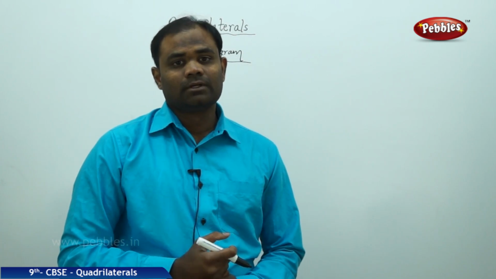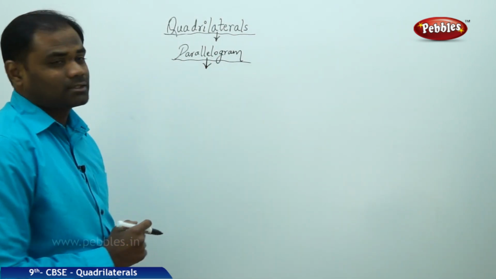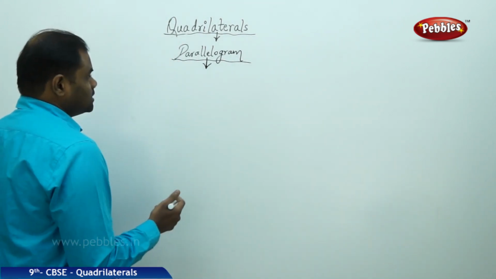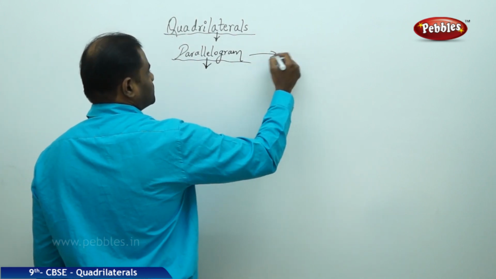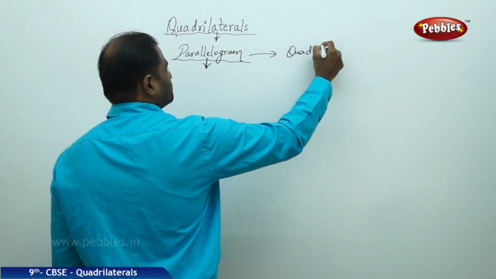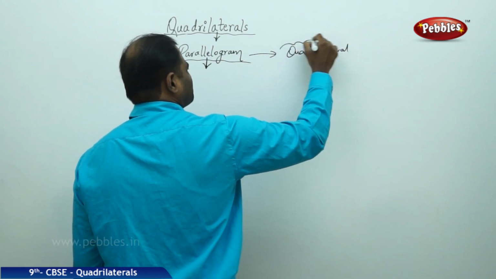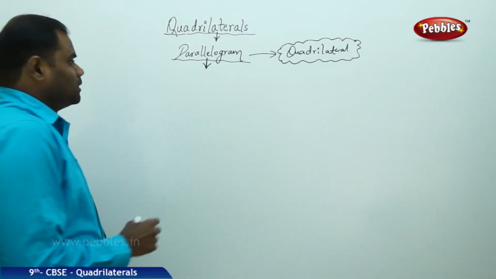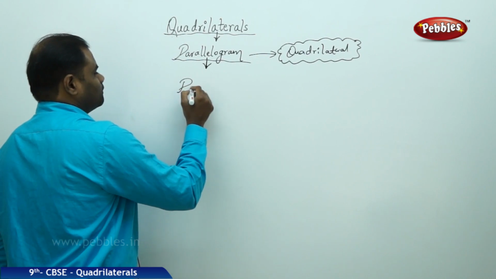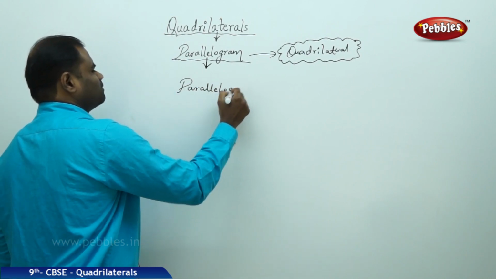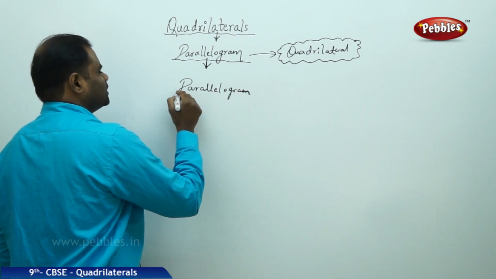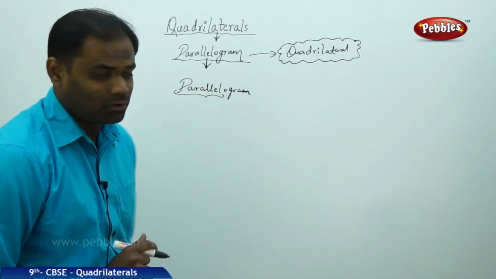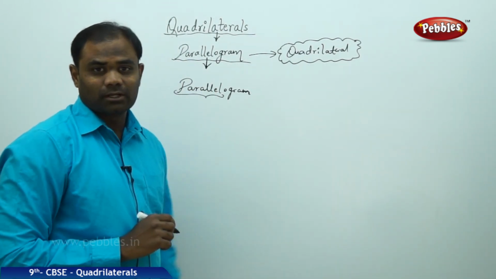Parallelogram. The word parallelogram itself says that it is a closed figure formed by parallel lines. So let's see the special case in terms of a quadrilateral. So here, the word parallelogram itself has the word parallel, which means the four straight lines which are formed by forming a closed region, that